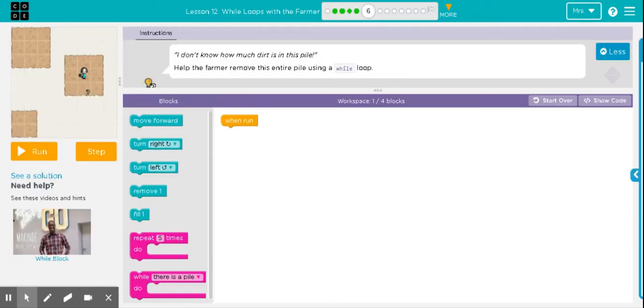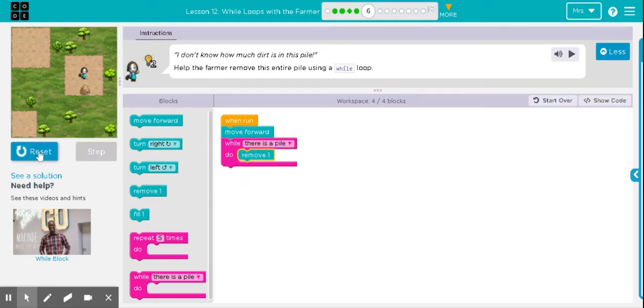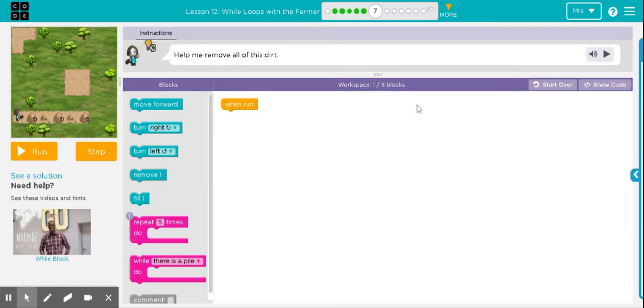All right, and we're going to continue. So you can see how quickly you can move through some of these lessons, right? So here we're not sure what is going to happen. So move forward, okay? Repeat. We're not really sure how many times, right? There's a question mark right there. So this is where using that while loop comes in. So while there is a pile, we're going to remove it. So now you can see when you don't know if something exists, you have to figure out while, replace that